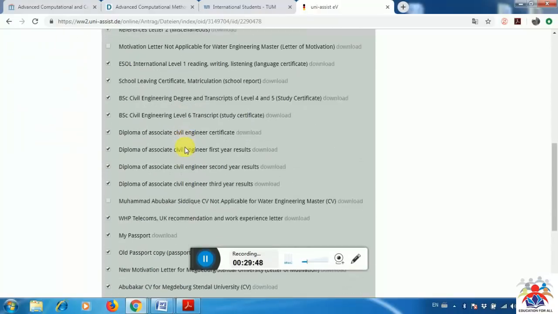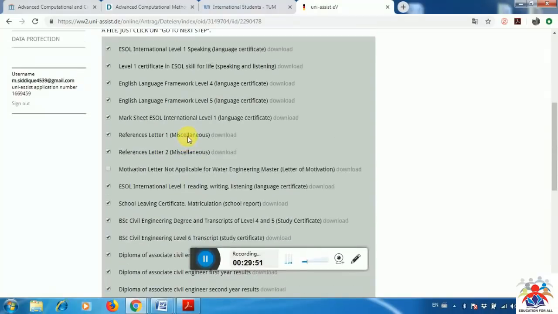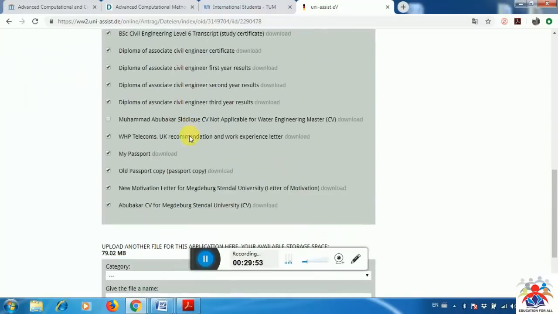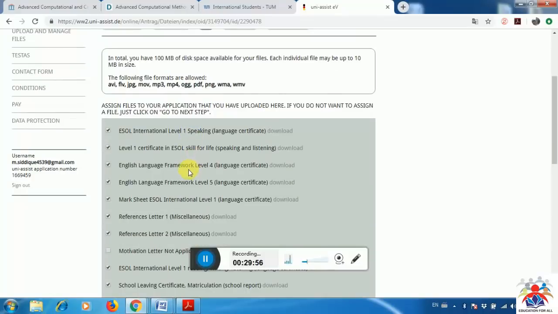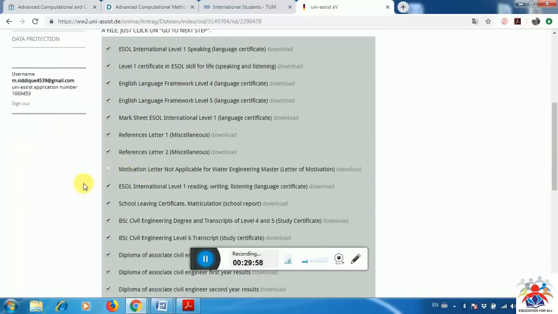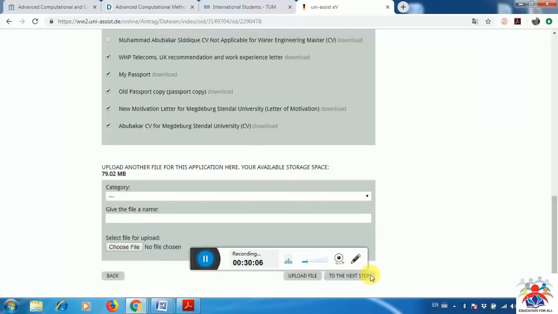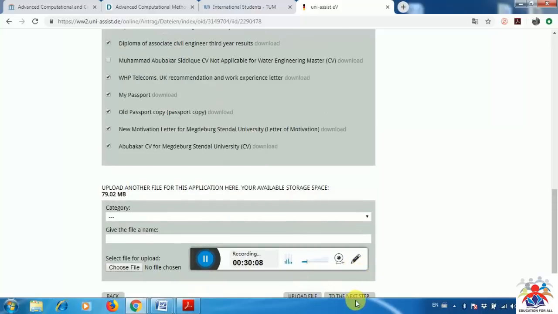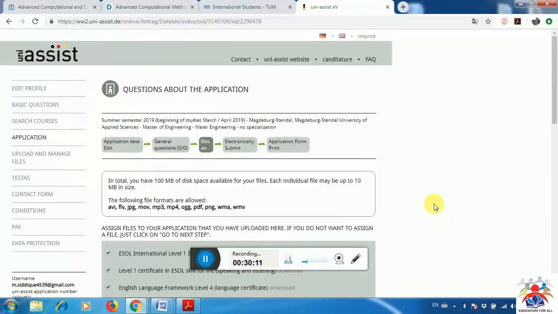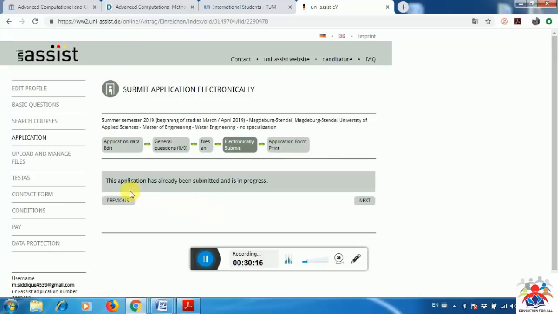In my case, I had so many English certificates and I uploaded every single thing, but for you, you don't have to include all, you just need to upload the IELTS certificate. Okay, so here you can upload a new document, choose file, and then you just have to click here, upload files, go to next step, etc. Once you finish that, then electronically submitted. Once you have all your documents, everything, the application has already been submitted and is in progress, because in my case I have submitted my application. But once you do your application, you will